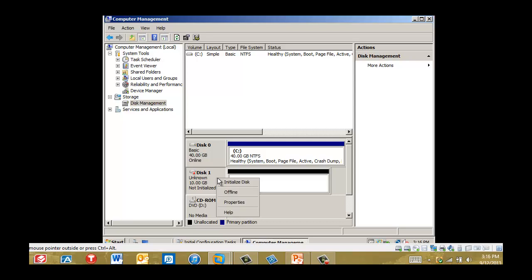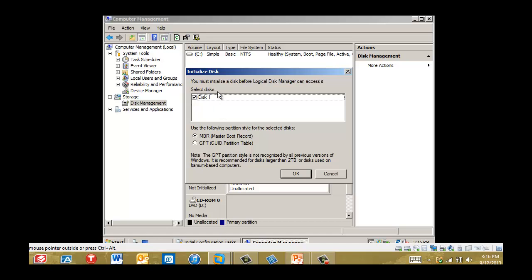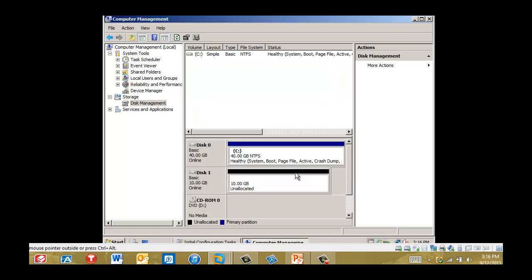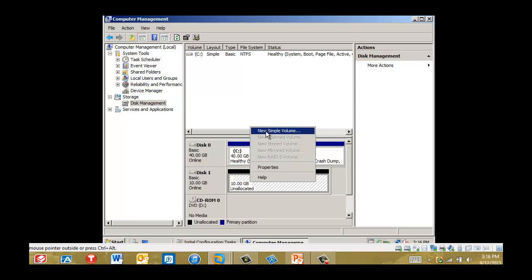And now we will need to initialize this disk. So we will initialize the disk. It tells us we must initialize the disk before the Logical Disk Manager can access it. So we have it checked. We're going to do it on the master boot record, and we'll click OK. And we have 10 gigs, and they are online. We still have unallocated space, so we will right click on that, and we want to add a 5 gig